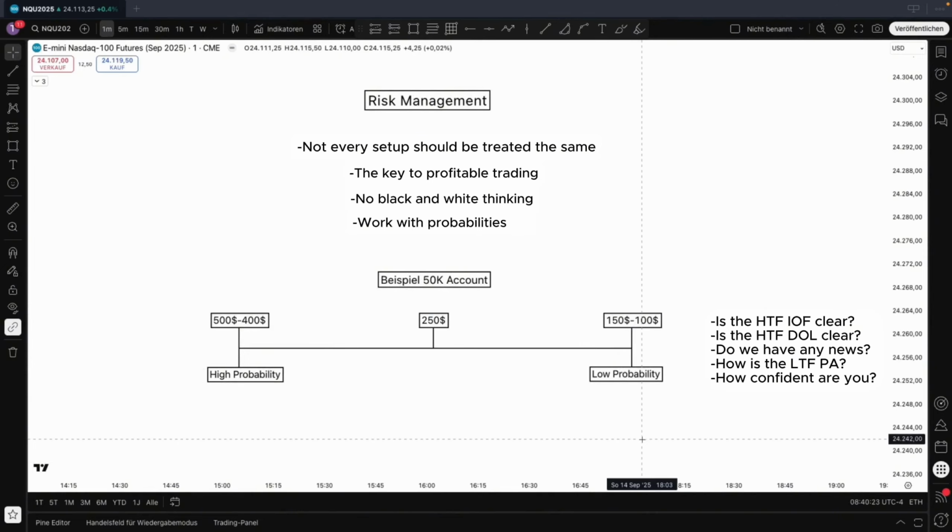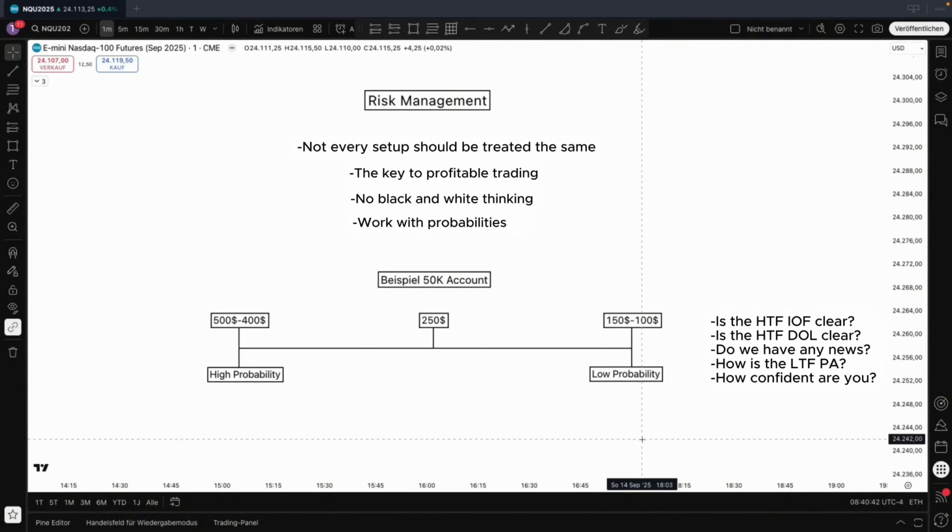But if we've already had news, or if there is still news to come that, let's say, sets a clear direction, news that either manipulates or triggers a clear distribution, then that can make the whole thing high probability again. The same goes for the question, which brings me to the next point.